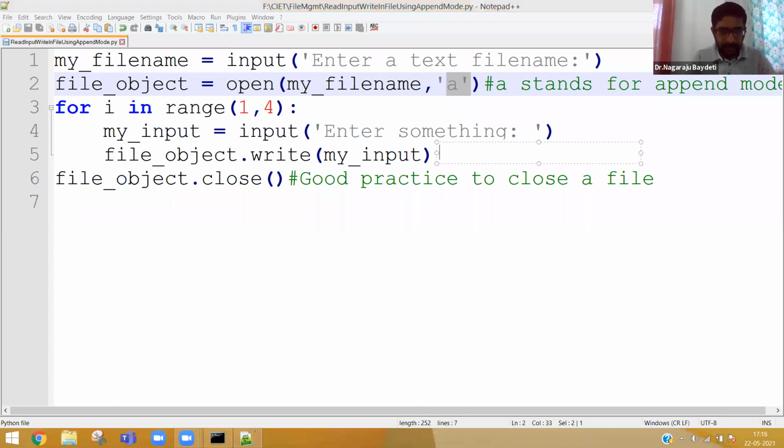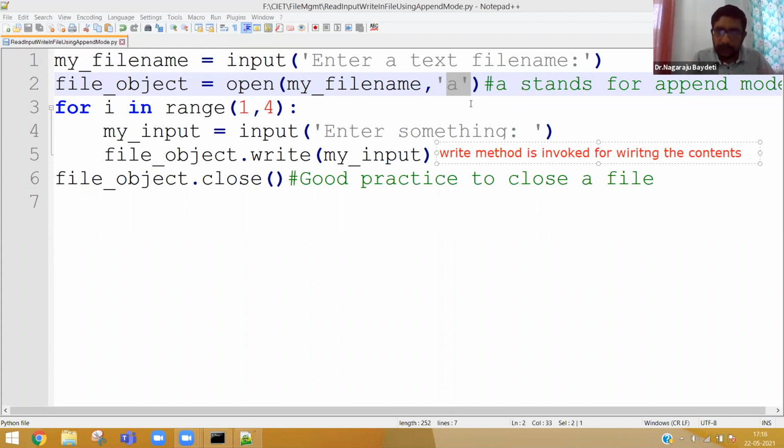Here, write method is a process of writing the contents. This is a method. Don't get confused. Here you are using write. Write is a method which is a process of writing the contents. So the write method is called or invoked for writing the contents.